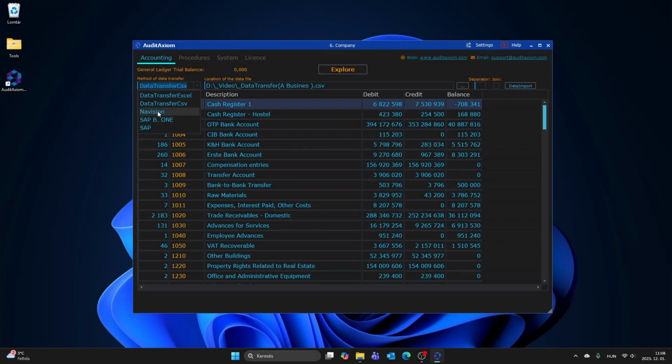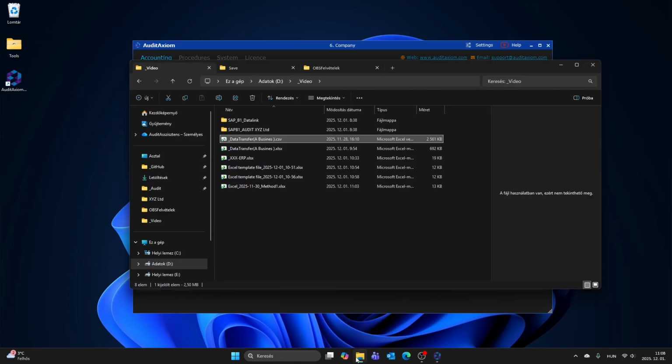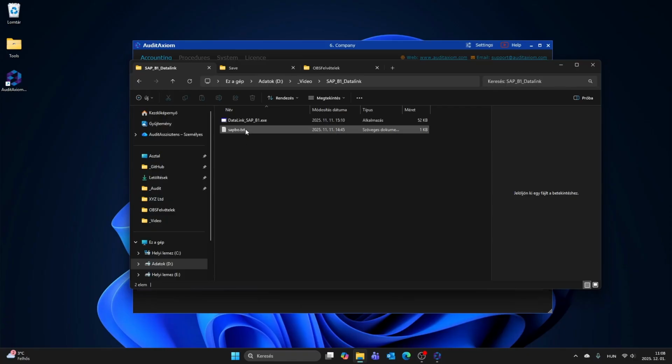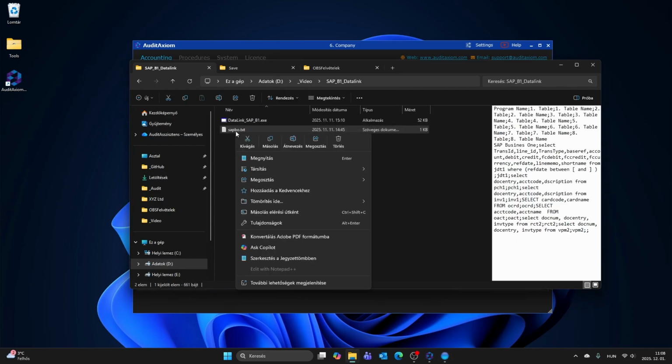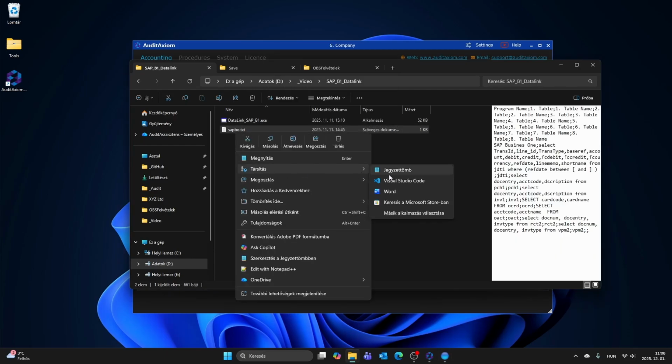The next possibility is SAP Business One. For this, we provide a tool called Data Link, which you can download from the website. Just hand it to the company's IT administrator, who will then be able to pull the data. This is a completely transparent solution. The queries are taken from here,